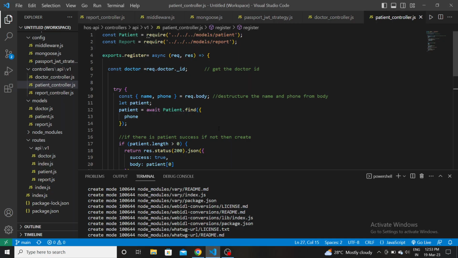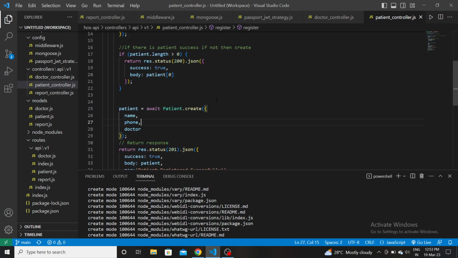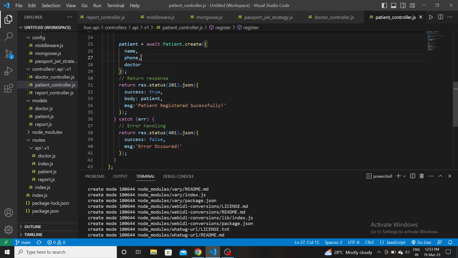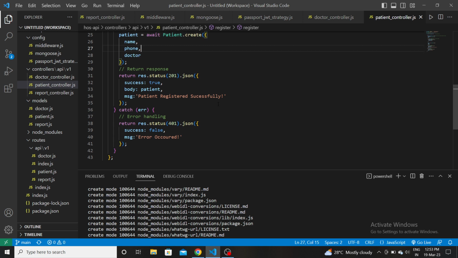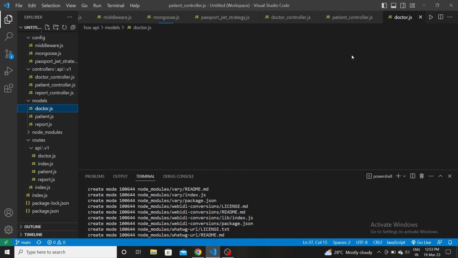And in the function, here we return the response like patient registered successfully. First, patient registered successfully, otherwise it will show a 401 error, JSON error occurred. And I created models for doctor, patient, report, and routes. Here also routes. In models you can see